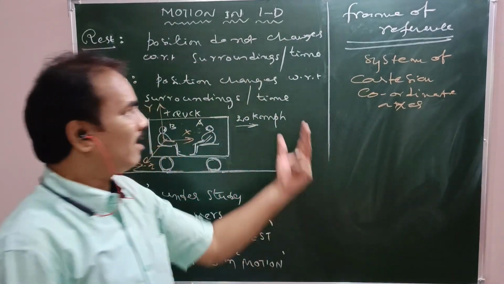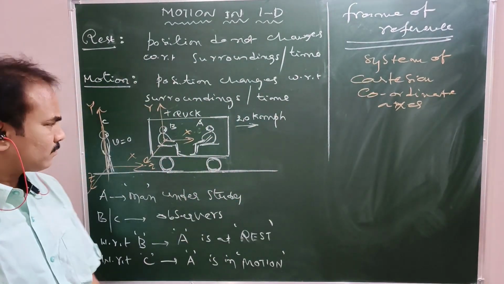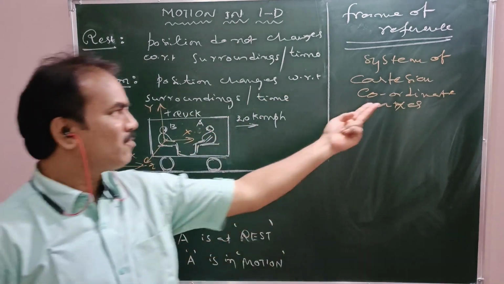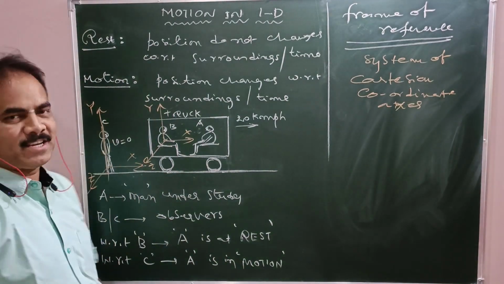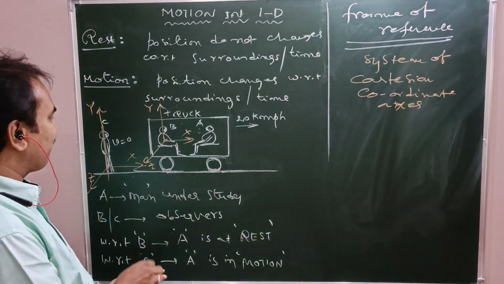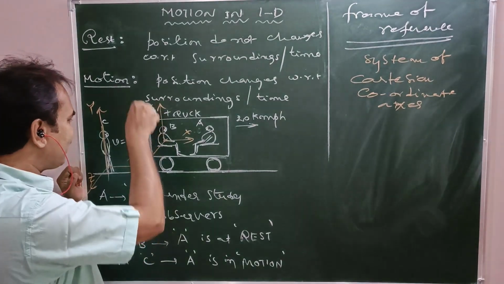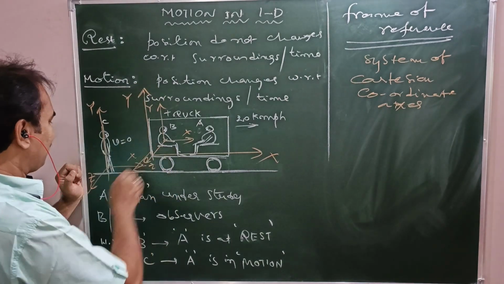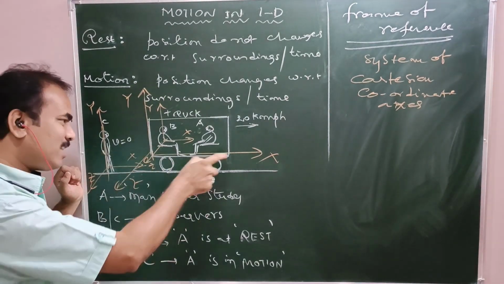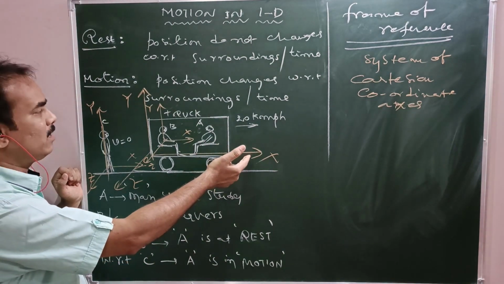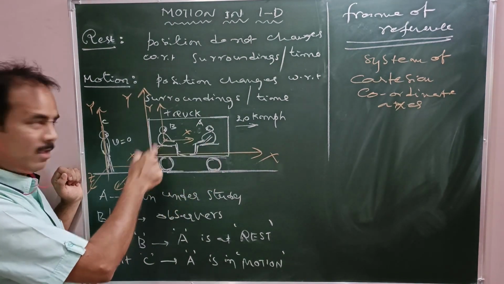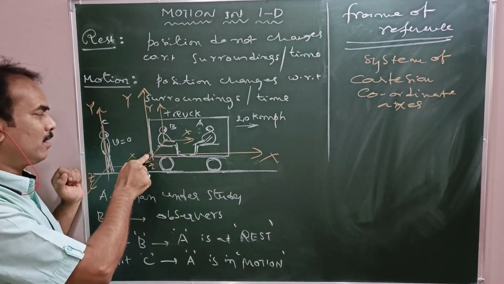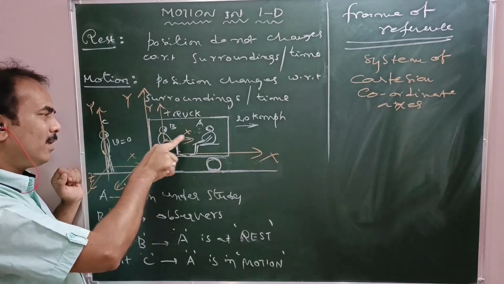Axis. This is nothing but a frame of reference, right? That is the region to make observations. Suppose you attach one frame of reference to this moving vehicle somewhere here, say x-axis, y-axis, z-axis, like that. I am going to attach a frame of reference, a Cartesian coordinate axis, somewhere here to the moving vehicle, say x, y and z. Now, with respect to this background, we can study both A and B.